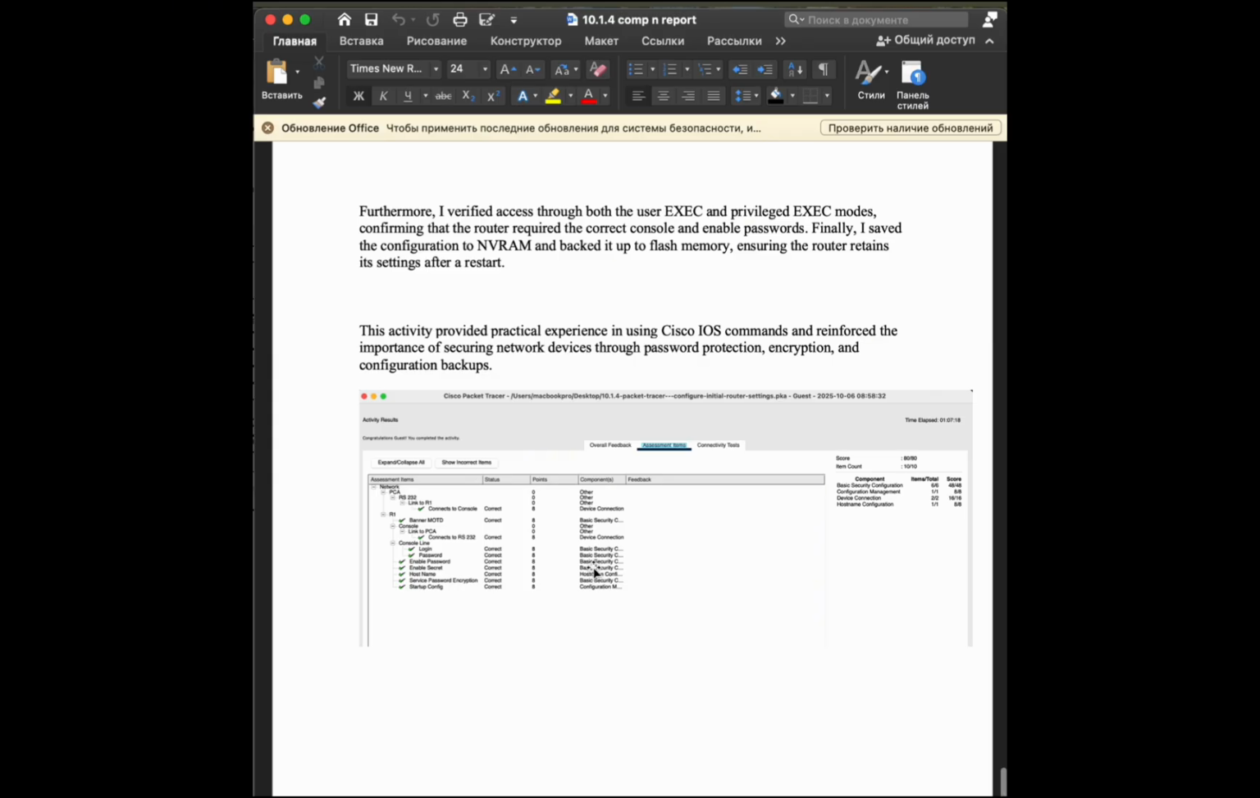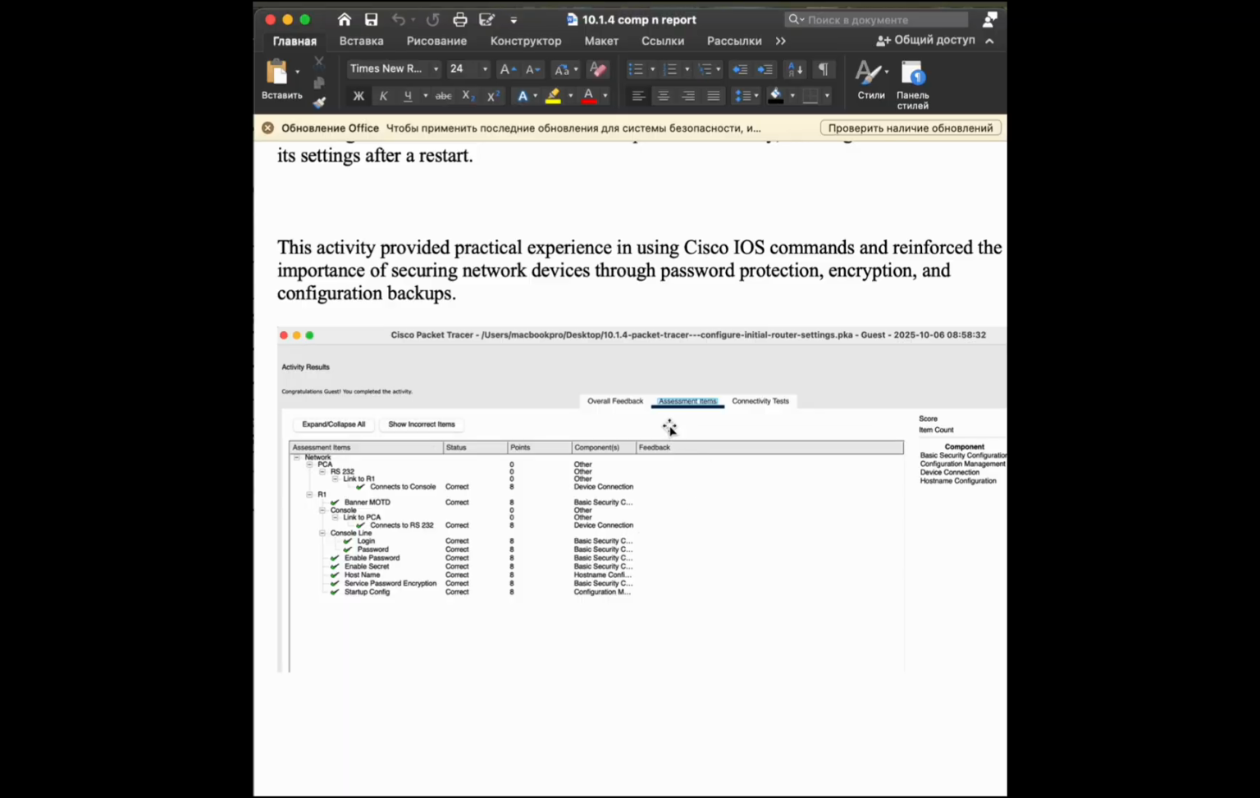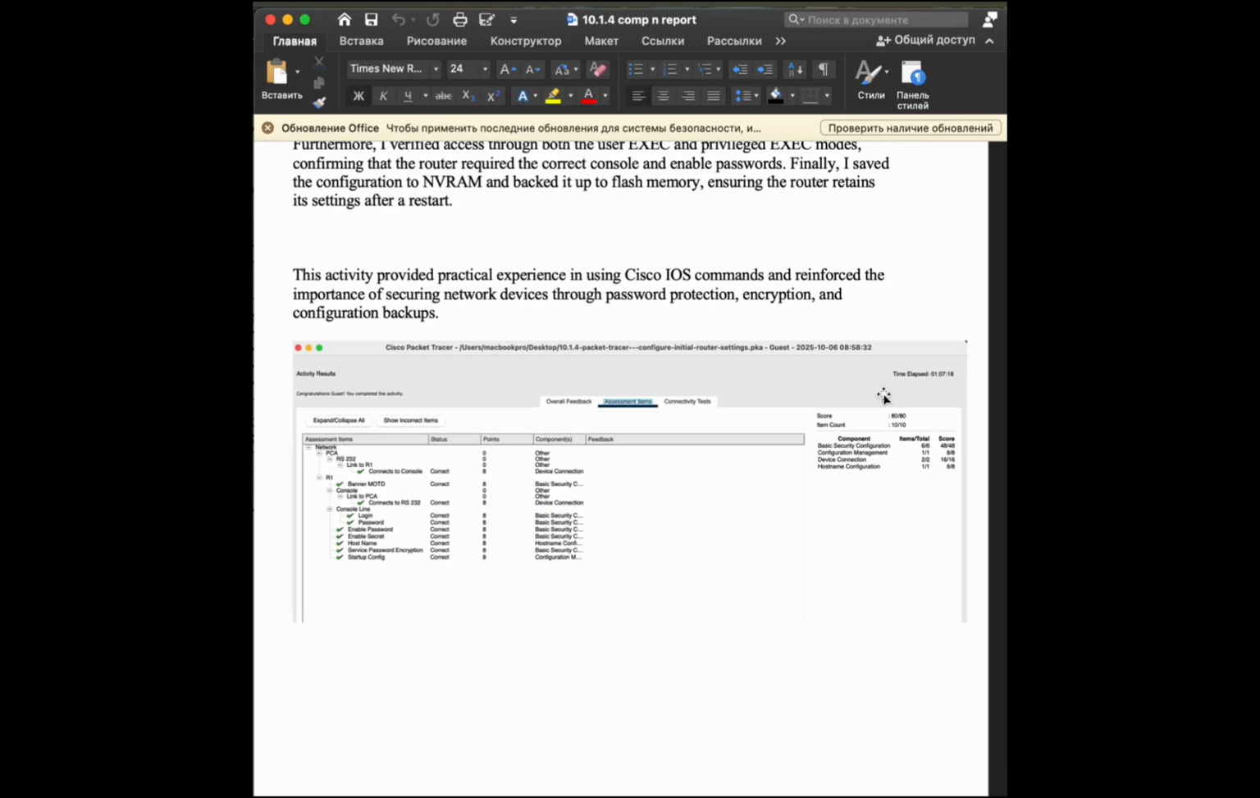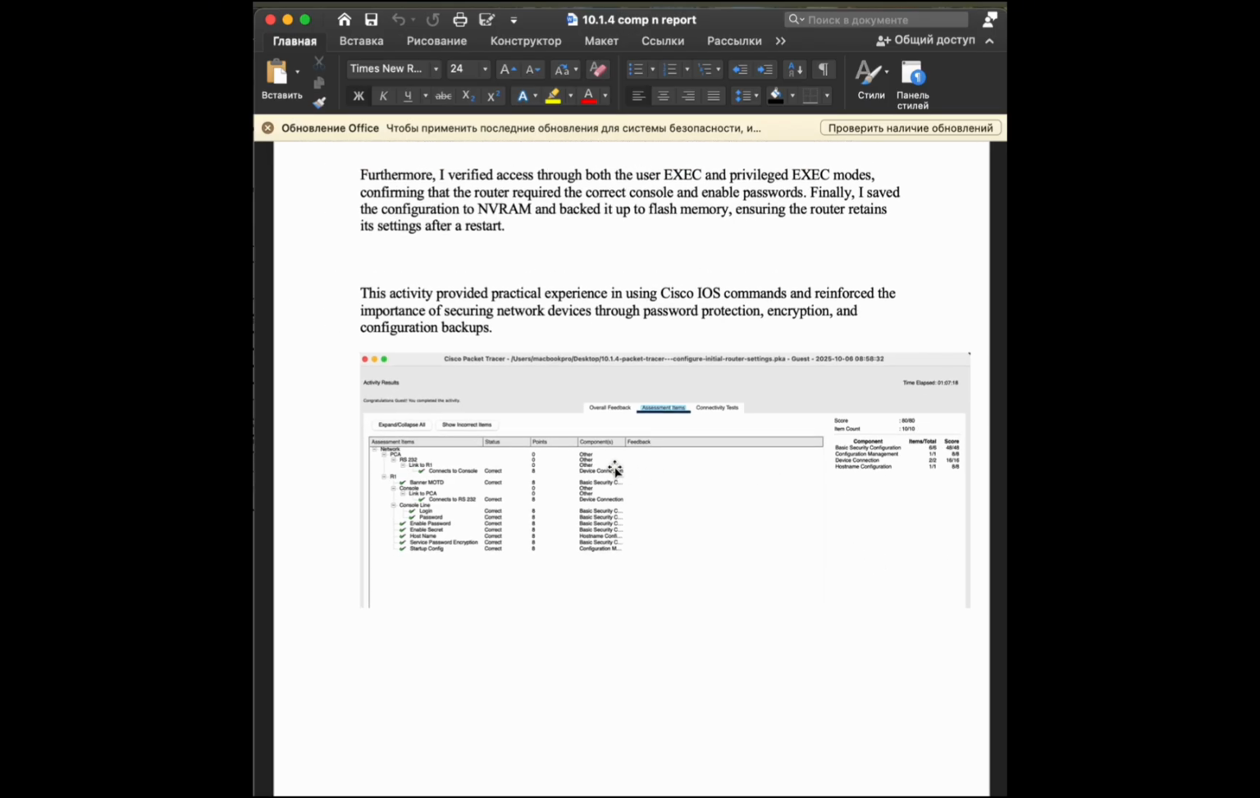And at the end, you can see that in the assessment items it showed me that every step is included and I completed this lab